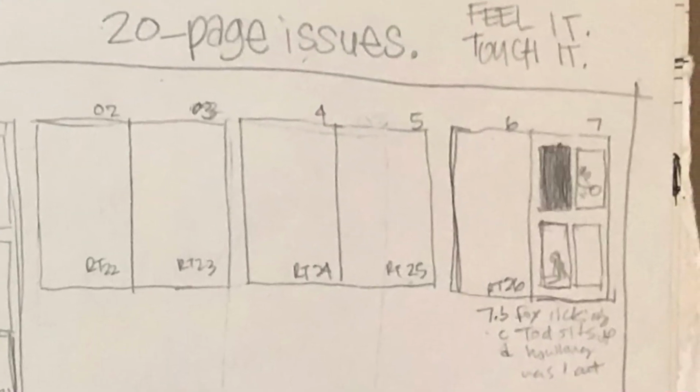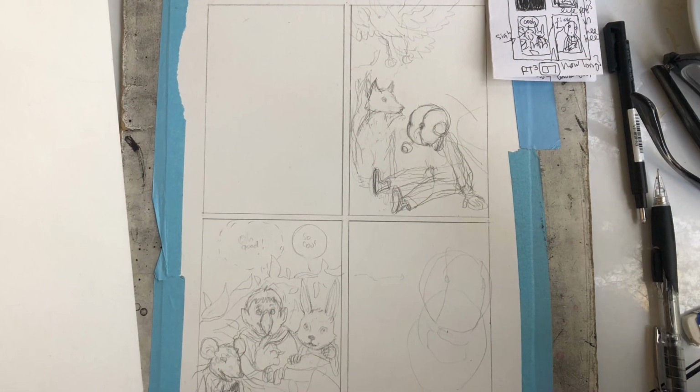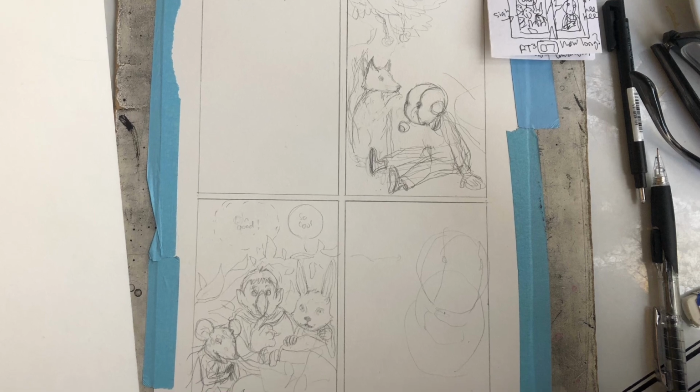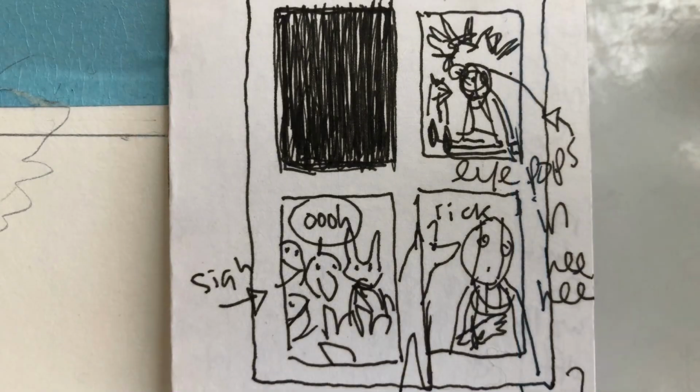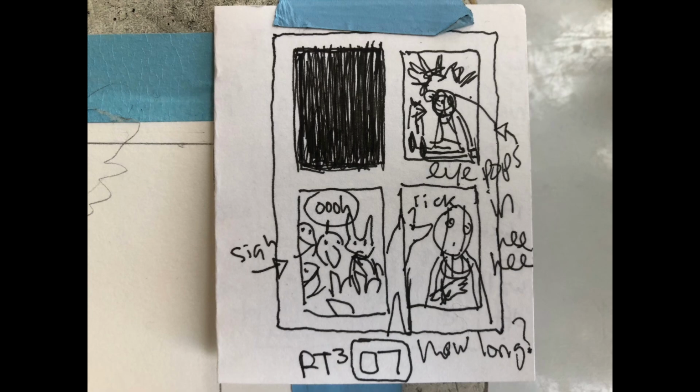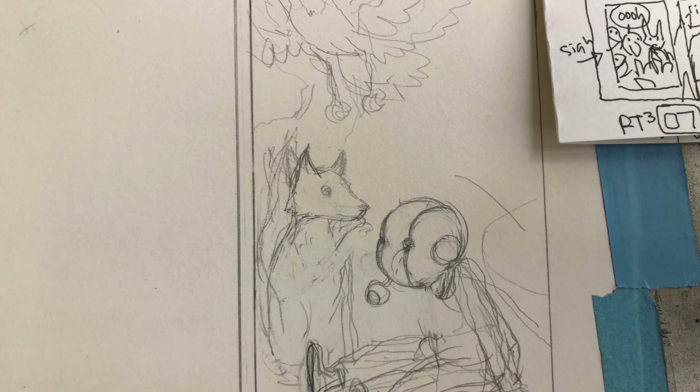I did some reshuffling here. There's my low-res thumbnail, but that was like the super teeny tiny thumbnail. And then you can see in the upper right-hand corner, I did another little thumbnail before I started penciling. I didn't record me doing that, but there's a better shot of it. And I wanted the first panel to just be a black rectangle, like Robot Todd's waking up in